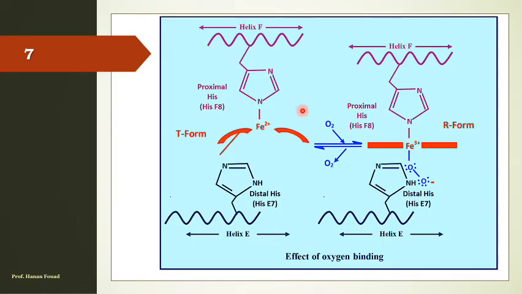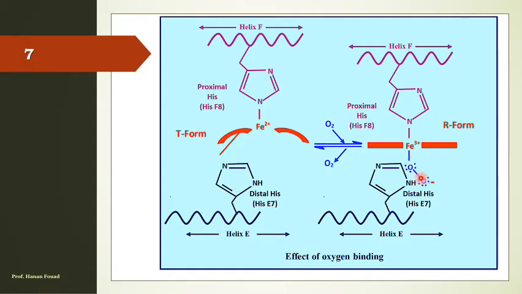As you see in this figure, this is a porphyrin ring. Of course, you have to watch the first video to see the structure of the porphyrin ring. It looks concave, but the concave surface looks downward. The iron is above the plane of the ring. Why is the iron outside the plane of the ring? Because it is pulled upward by the proximal histidine. The distal histidine does not bind iron, but it surrounds the iron.